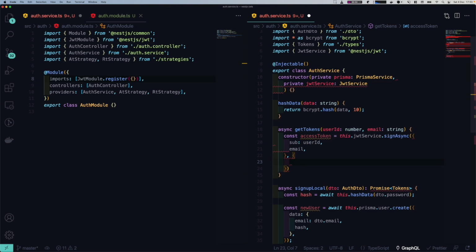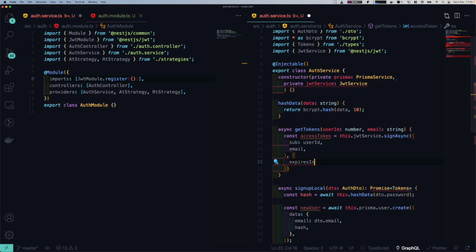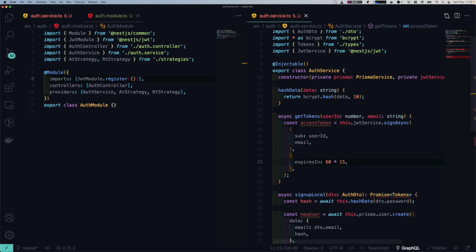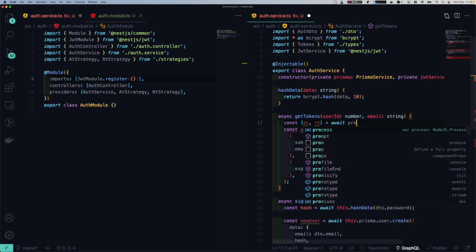And here we can provide configurations such as expires in. Well, that's the most important for us. Expires in will be 15 minutes. So the number here is expressed in seconds. So it will be 60 seconds times 15. So that gives us 15 minutes, right? And how are we going to do that is that since it's async, we can do AT and RT, await Promise.all,